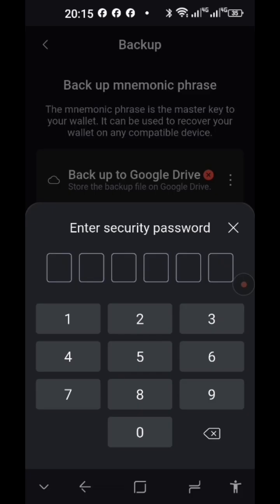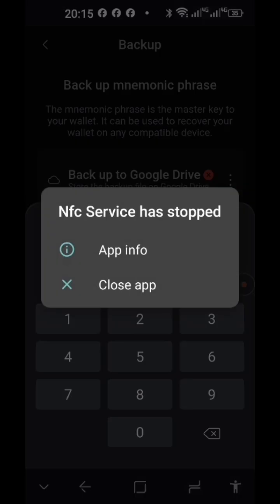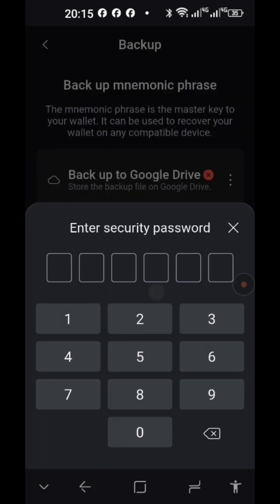When you enter your PIN, you get 12 words that you need to write down. Make sure you write them down and put them in a safe place. Don't let it lie around. Don't take photos of it. Don't store it online or on your laptop or on your phone. And then I'll continue again after that.